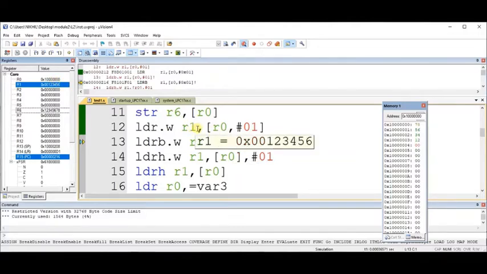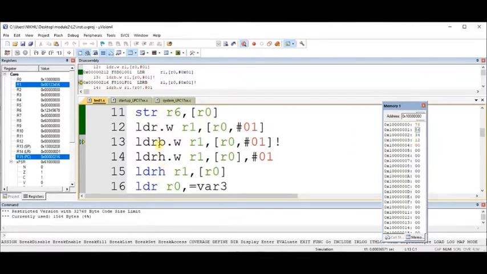Okay, so now this register R0 was having 78563412, and what we have done, starting from the source value 1 followed by 7 0, then plus 1, that means from here, these 4 locations values will be loaded into where? R1. See how it is loaded. First address is loaded in the lower byte, second address next higher byte. So it is a little endian or big endian, you have to decide here.